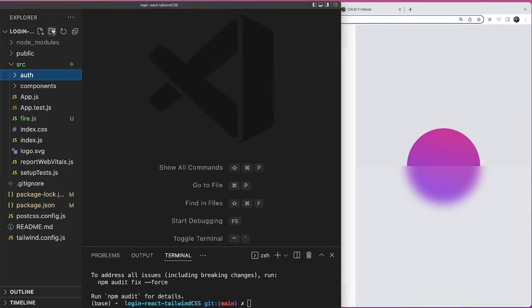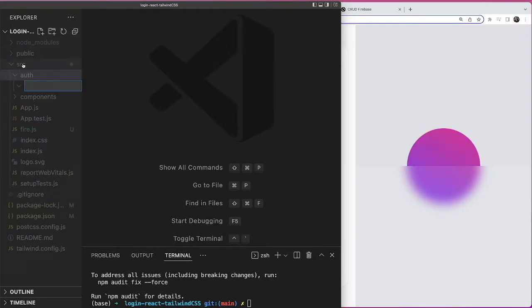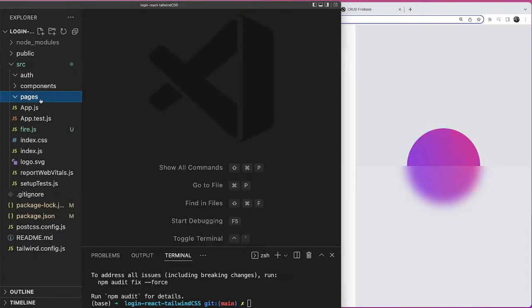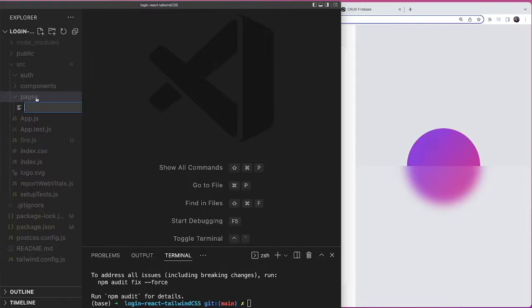And inside this folder, I'm going to create my files or my views that I'm going to have for my authentication. I'm going to go ahead and create another folder for my pages. And inside these pages, you can have your home screen or your dashboard screen, whatever you want. I'm going to say for now just